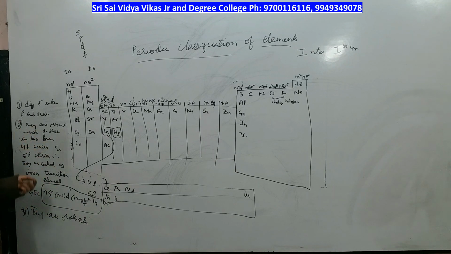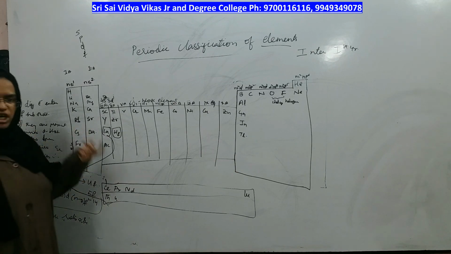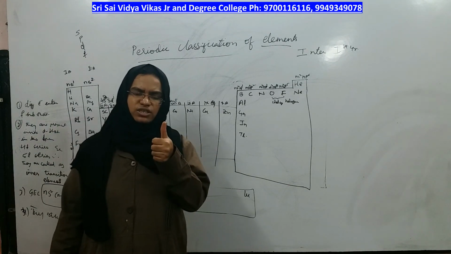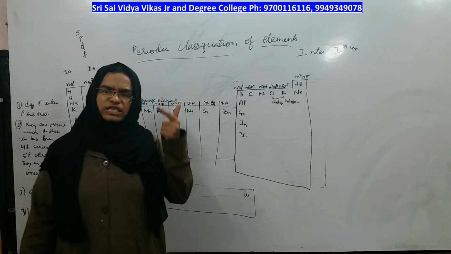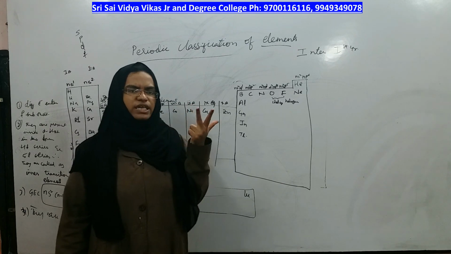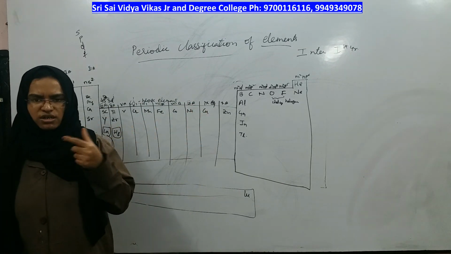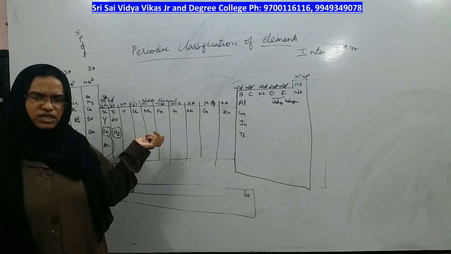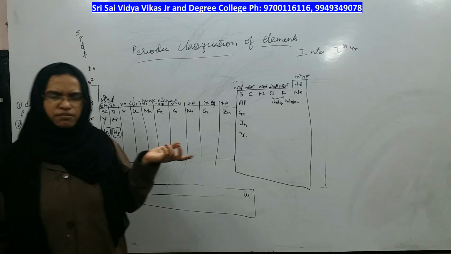From each block you have to write at least 4 or 5 points. What you should not miss is the general electronic configuration, which groups will come in that block, and the special feature of those elements. Those 3 points you should not miss. Okay. So, please copy down the total group features and let us move to the next topic in the next class.